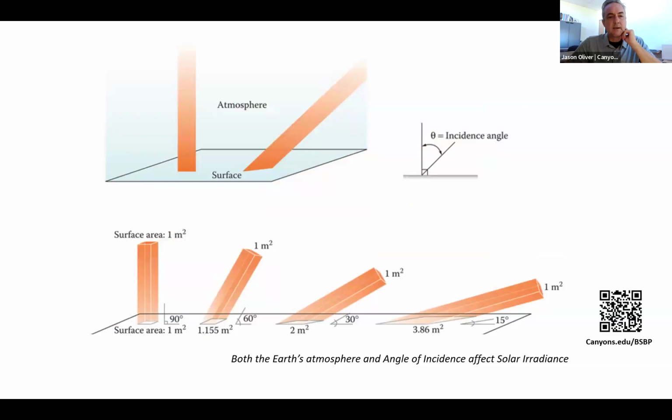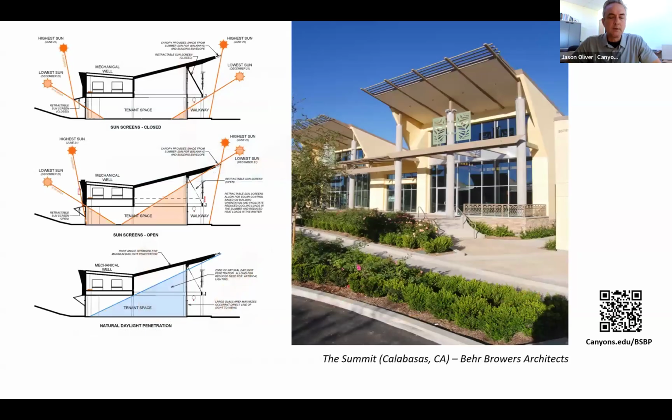We're able to very accurately simulate the solar angles throughout the year, throughout the day, and see how they're going to impact a space as far as heating and cooling load. So for this retail project, at that time, we were doing very simple sectional diagrams, like you can see on the left here, where we might plot the summer sun, which is going to be higher in elevation at noon, the winter sun, which is going to be lower down. We might actually want to admit some of that winter sun, but there wasn't much beyond these diagrams to inform the solar radiation impact on the design of the project.